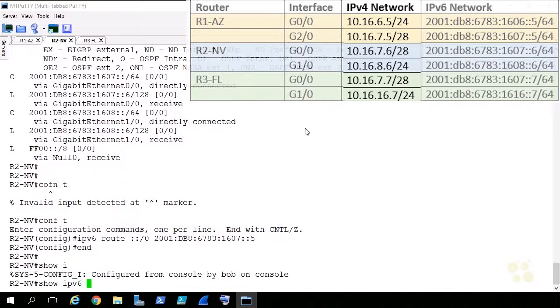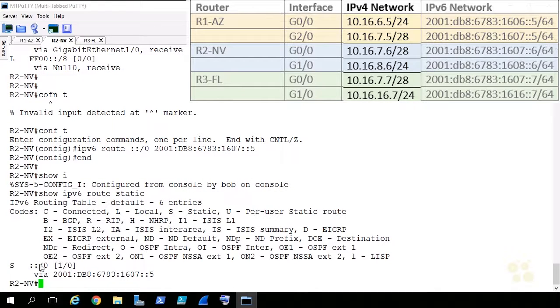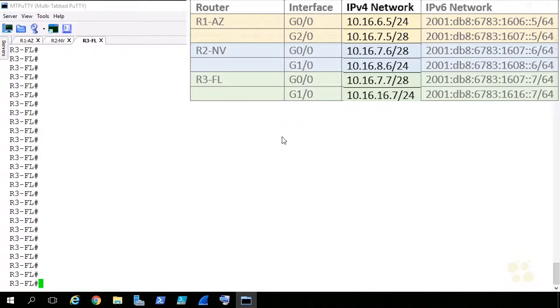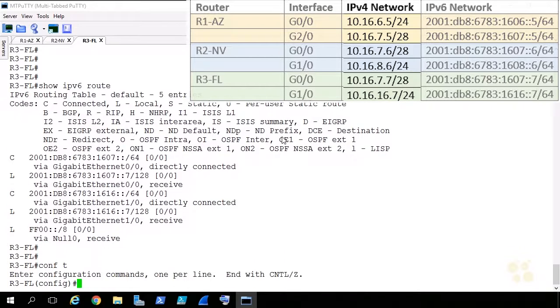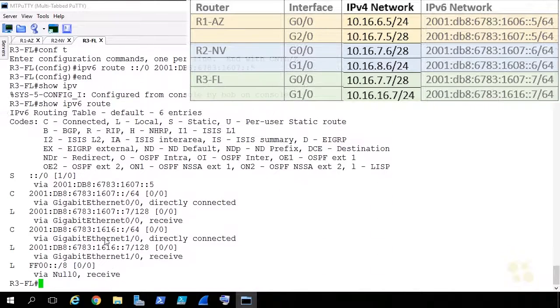Show IPv6 route static, just to make sure it got in. There's our default route. There's the next hop. That looks good. And let's go to R3 and we'll do the same command. In fact, I can just copy that because it's going to be the exact same command on R3. So we'll go to R3, show IPv6 route to start, config T, and a right click to paste that in, and show IPv6 route. All right, so there's our default route with the next hop of